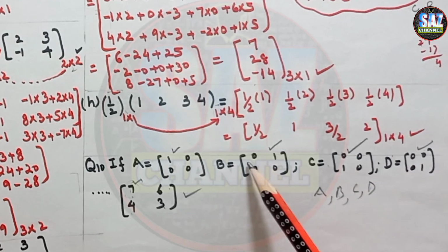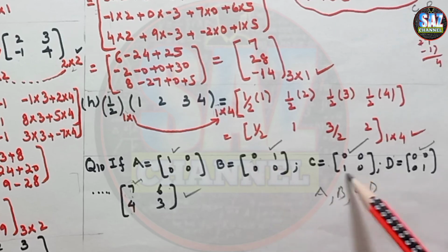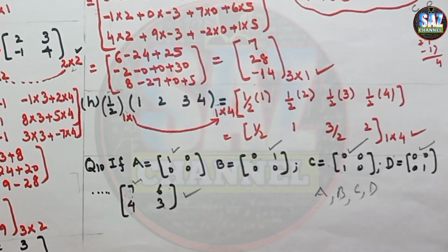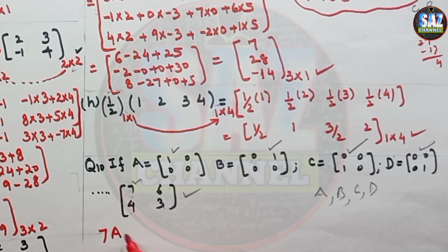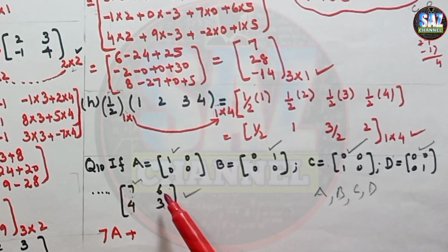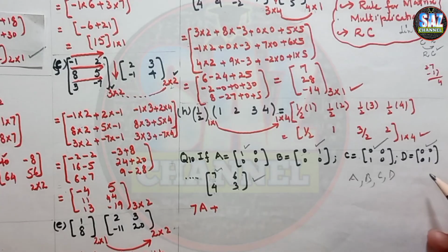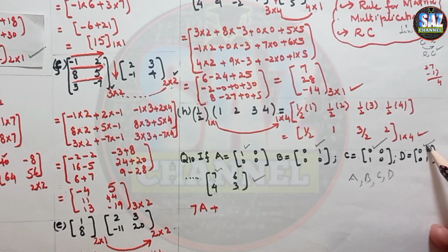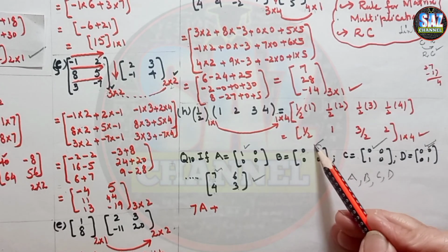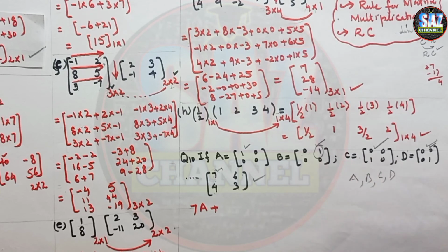whenever I multiply any number by 0, this will vanish. So I have to multiply 7 by A, 7A, then plus. Now think which matrix we have to multiply by 6 to get 6 at this place. Second entry is 0, second entry is 0, and in D as well, the second entry is 0. B is the place where the second entry is not 0. So 6B